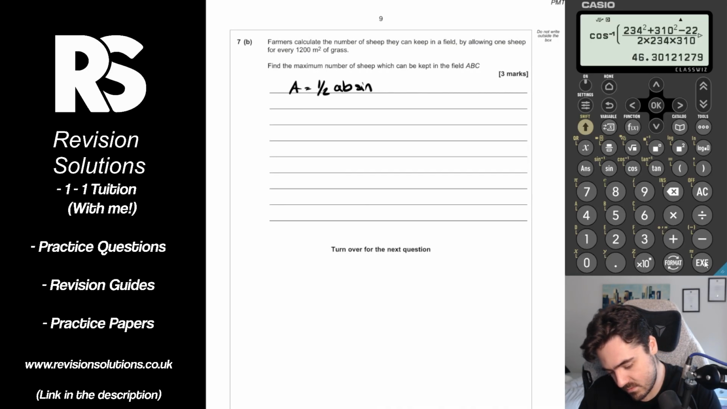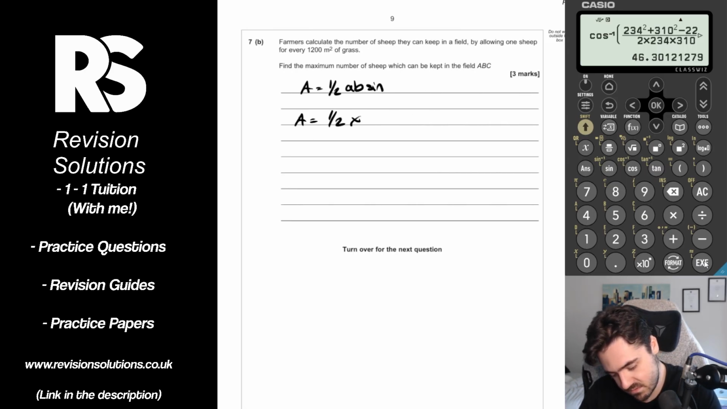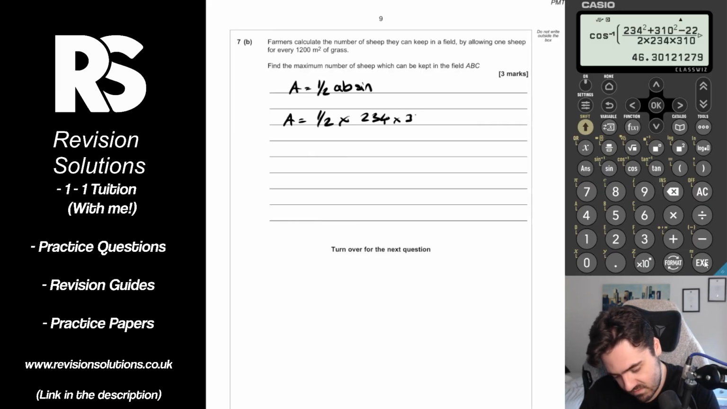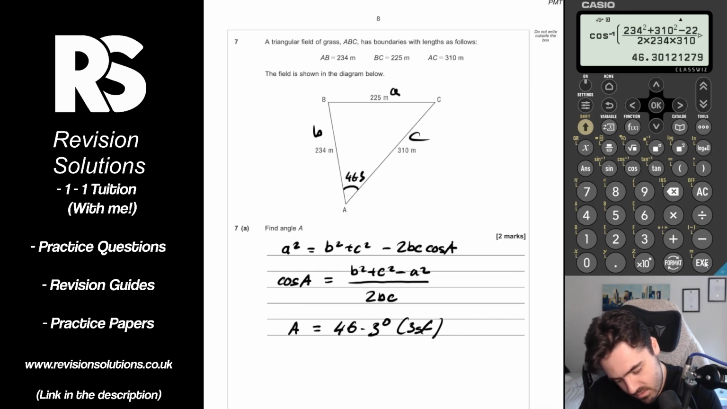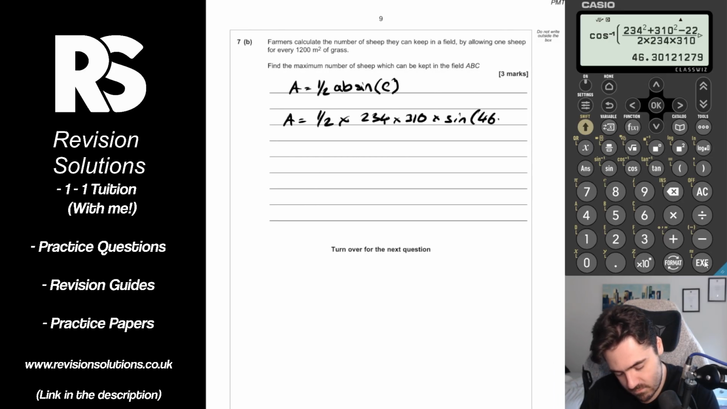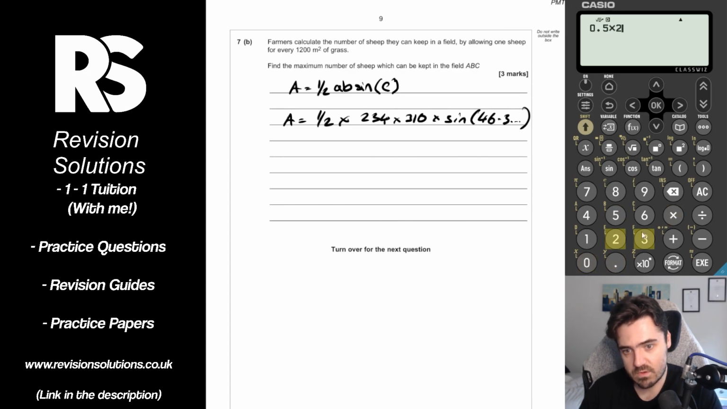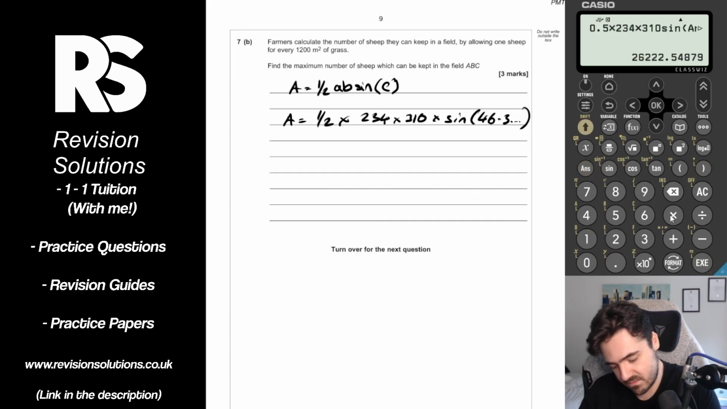So writing that out, that's going to be A equals a half times our opposite side, so times 234 times 310 times sine of C, sine of our angle, which is 46.3. So let's type that out now. That angle's still on my calculator, so we'll use that: 0.5 times 234 times 310 times sine of my answer that was stored before for the angle. That gives us